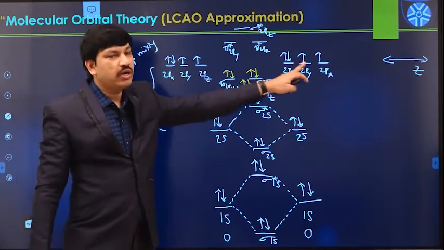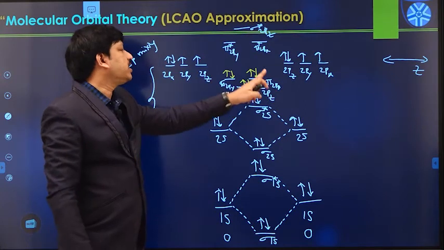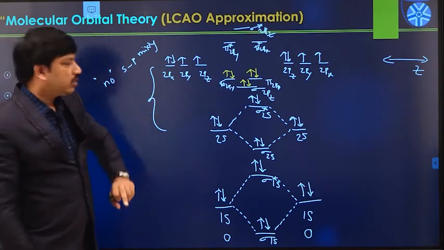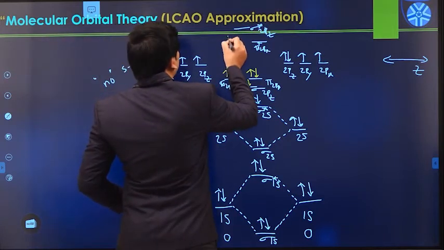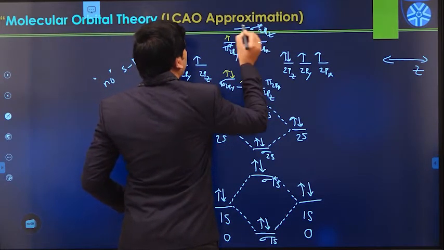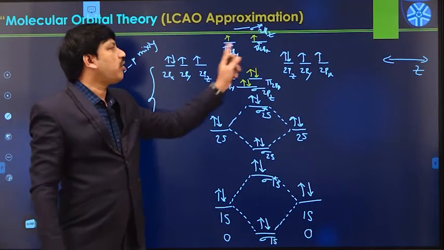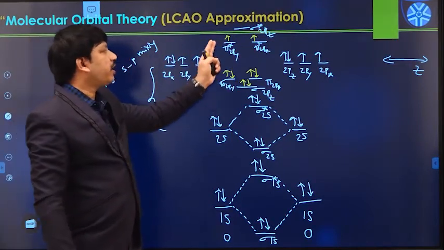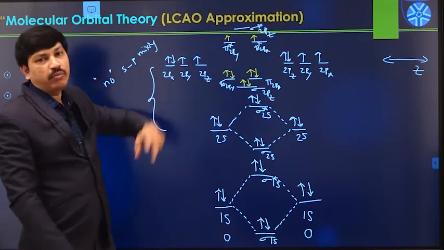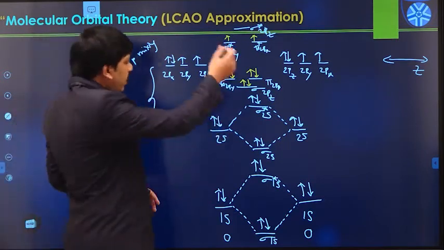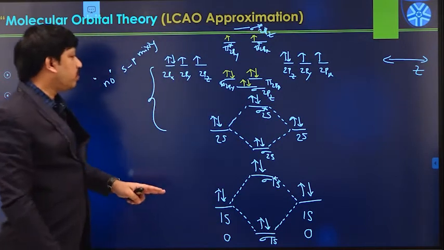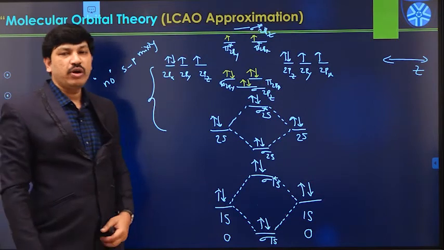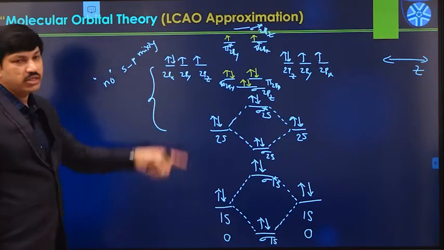But how many electrons are available in total? Total 8 electrons. Already 6 electrons are occupied by bonding 2p orbitals. The remaining 2 electrons go to the pi star anti-bonding orbitals, like this, because these 2 orbitals have the same amount of energy. So first each electron enters into each orbital, then only pairing is possible. So like this, in case of O2 molecule, there is a formation of corresponding bonding orbitals and corresponding anti-bonding orbitals in this manner.